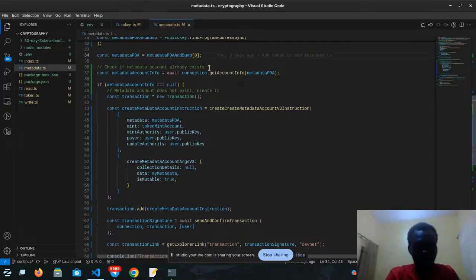Now, if you run this metadata.ts file, and then you run it again, once you run it the first time, it already exists on the network. So most of the time when you run it for the second time, you are going to get an error. What this error will tell you is that